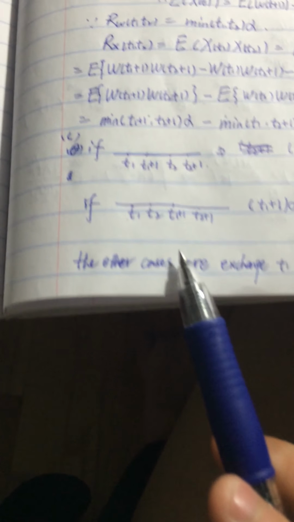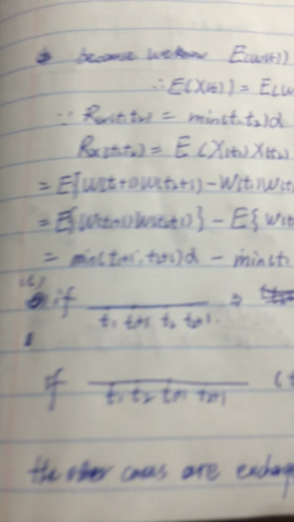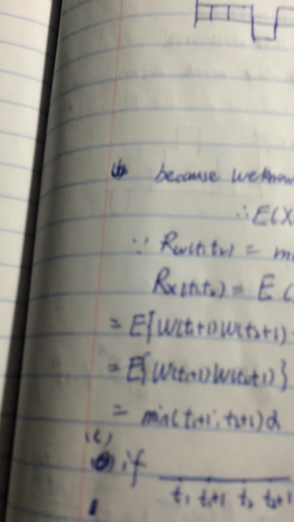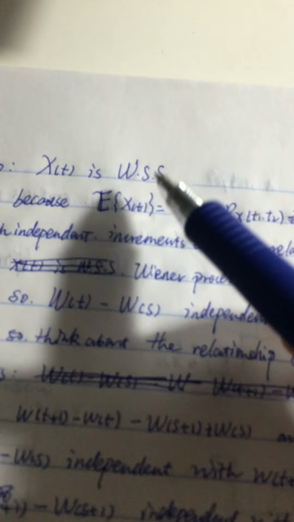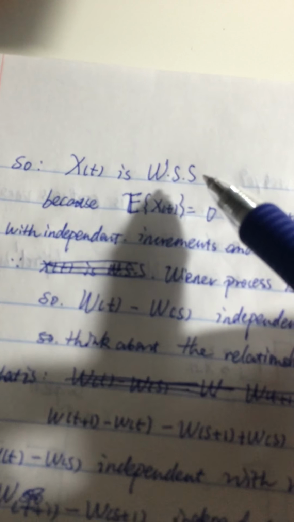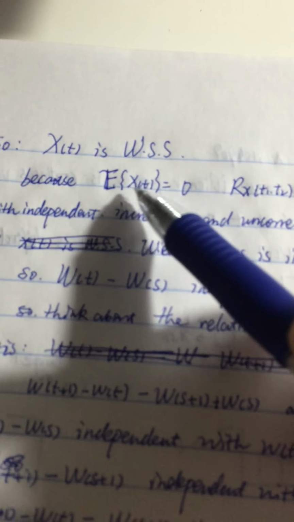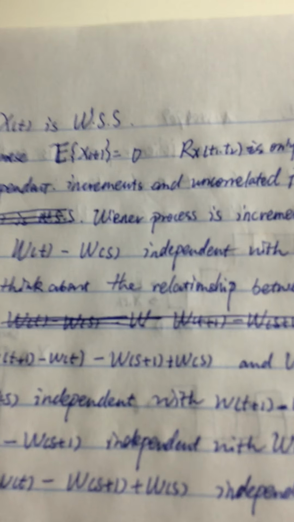The other cases just exchange t1 and t2, so we don't care. Finally, we see it's wide-sense stationary, because the expected value equals 0, which is a constant,